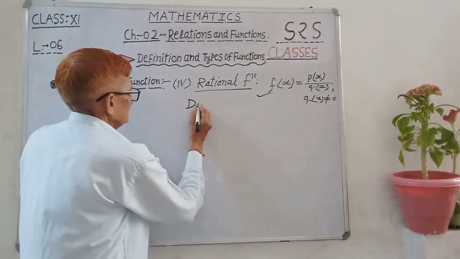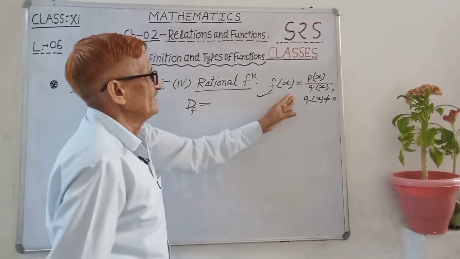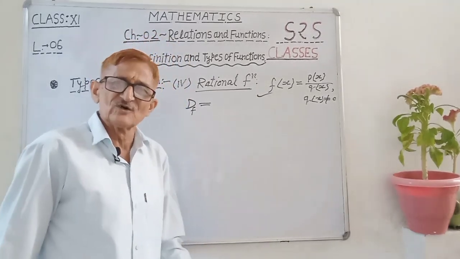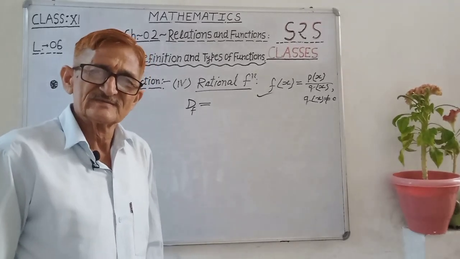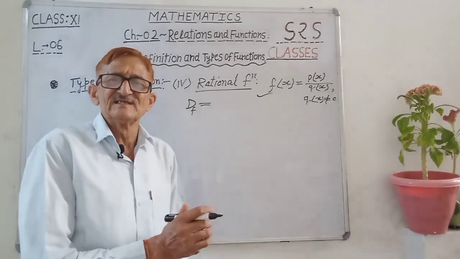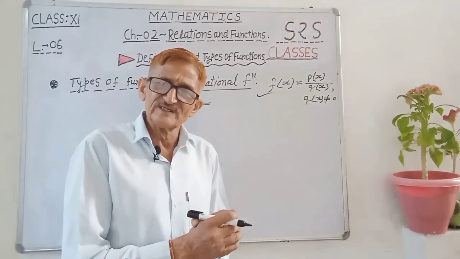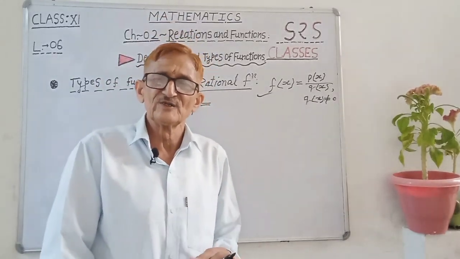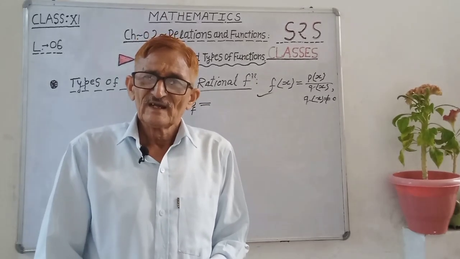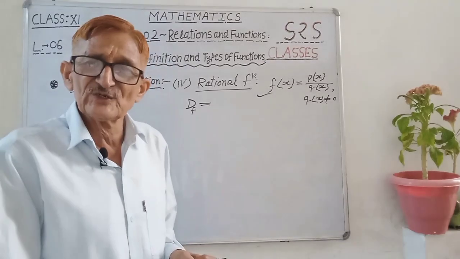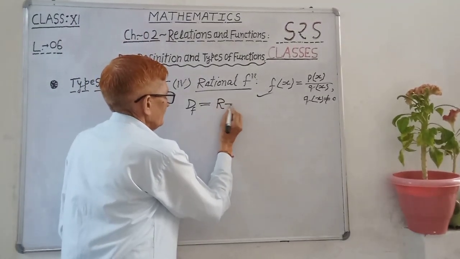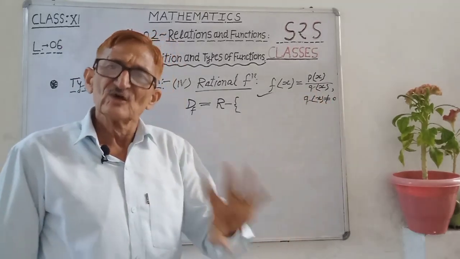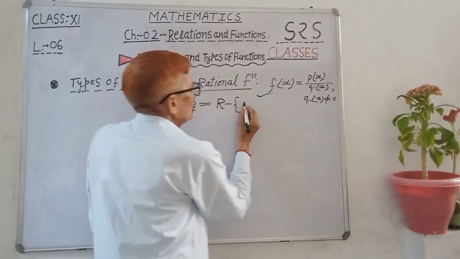If we are calculating the domain of this standard function, the denominator should not be 0. So except that value of x where the denominator is 0, all other outputs are fine. The value of x cannot be taken where the denominator polynomial becomes 0. So at whichever value of x the denominator polynomial becomes 0, that is, the zeros of the denominator q(x), we have to delete the zeros of q(x) from all real numbers. So R minus the set of zeros of q(x). Maybe it is quadratic, its zeros will be 2; if q(x) is cubic there will be 3 elements, so those get subtracted. So R minus that set of zeros